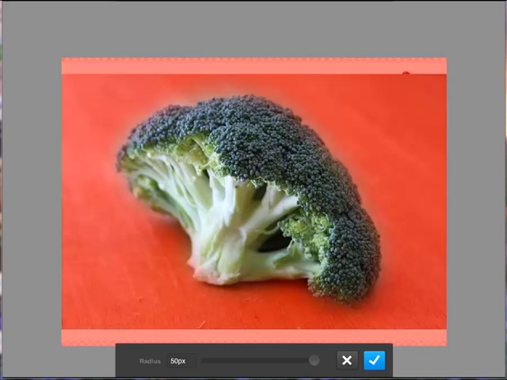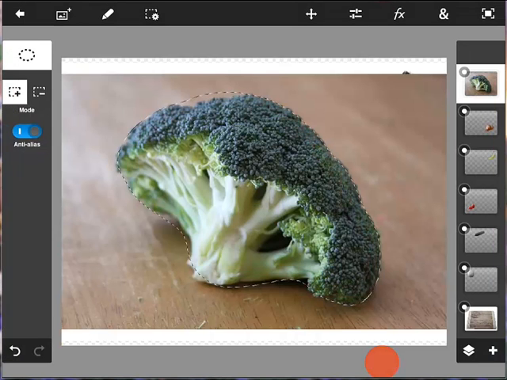The red is not as deep right around the exact edges of the broccoli, so if I say OK, watch what the selection looks like. It tends to be more rounded in nature, so it tends to smooth out your selection by blurring colors. Similar to Anti-Alias, although Anti-Alias works at the pixel level, Feather tends to kind of just blur the edges out around the sides. And make your selection edge smoother in essence. But if I go back,